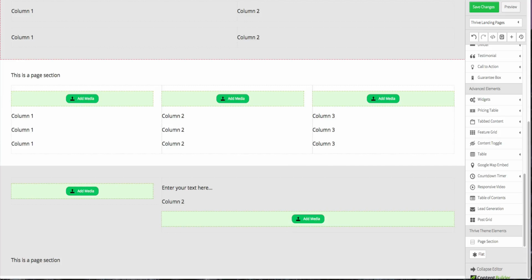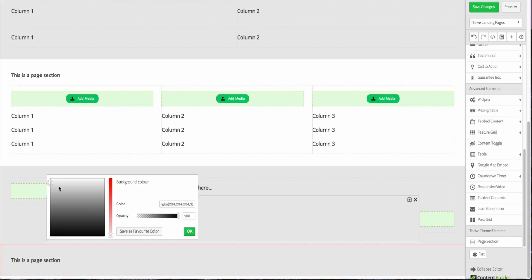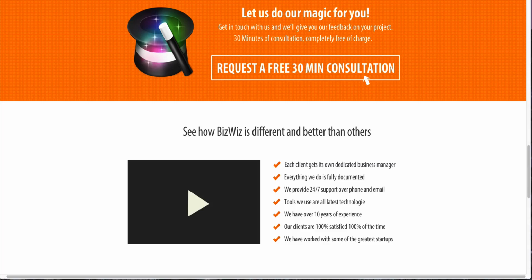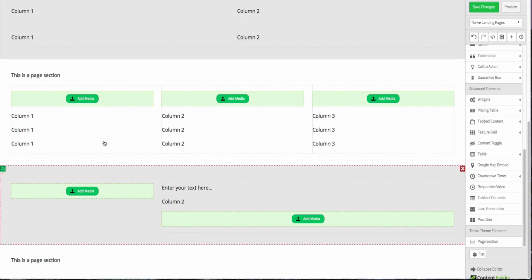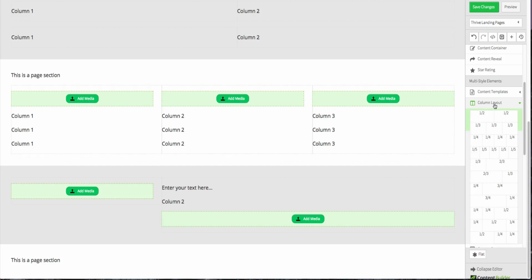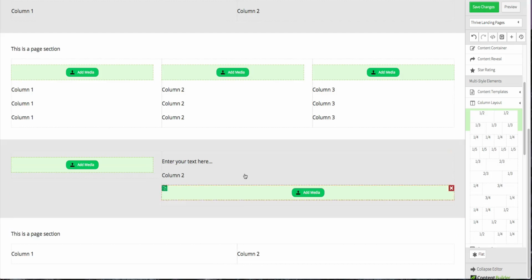Okay, this page section will be white, so let me first change the color so we can distinguish it better. Okay, and we have a text element over here. Okay, and a 2 column layout below it, so I will add a column layout with 50-50 below this,